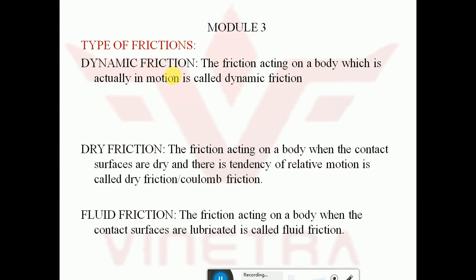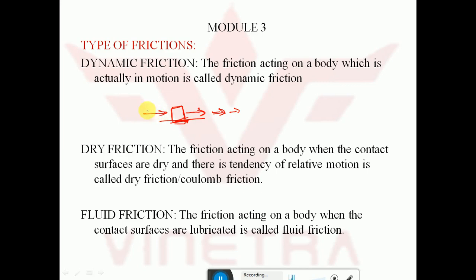Next, dynamic friction. As you know, friction exists between any two contacts, or everywhere two surfaces come in contact. Dynamic friction is nothing but this: once the body starts to move in this direction, there is still a friction between this contact surface and the body. Even while the body is moving in some direction, there is friction between these two.